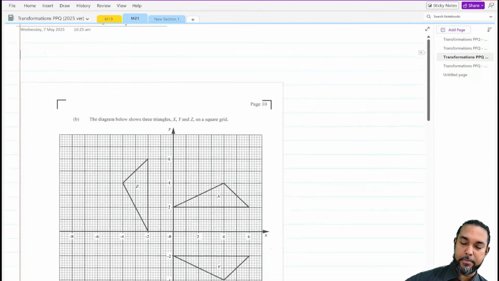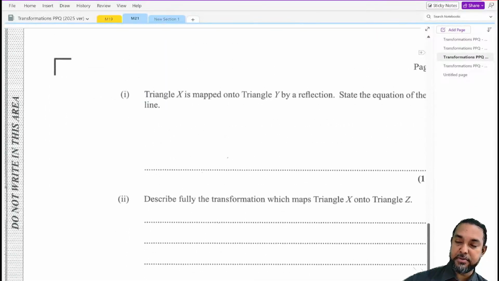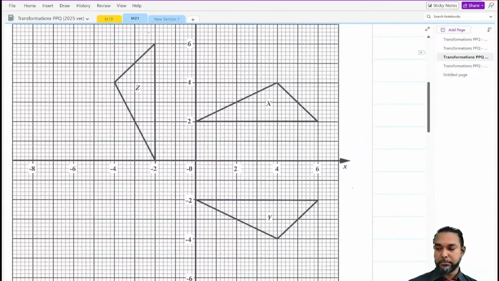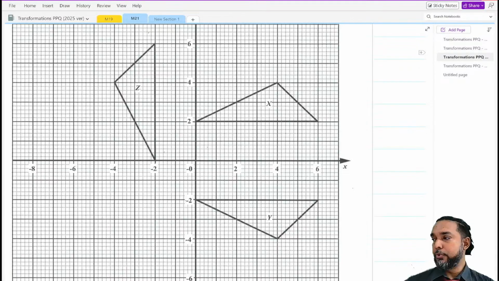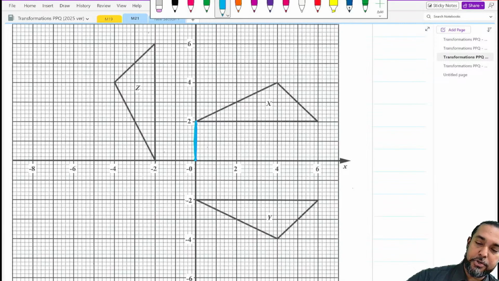Let's use our fresh page. Why not? So we're scaling down what? We're scaling X. Okay. All right. Okay, so when you're scaling down, first of all, the center of enlargement is here, right? So the first thing you would do is you would join the center of enlargement to each vertex with a straight line.